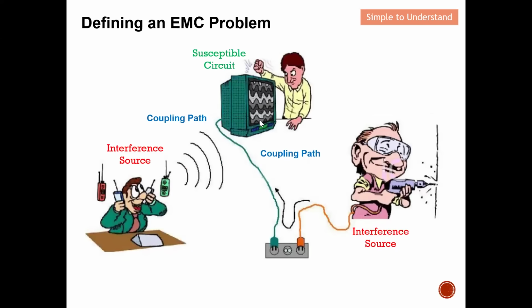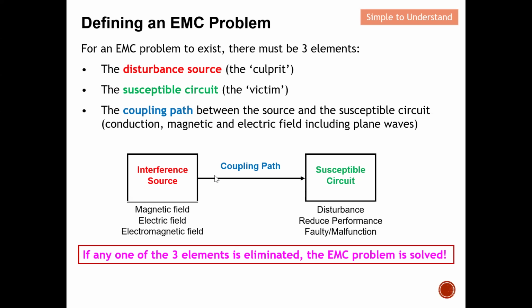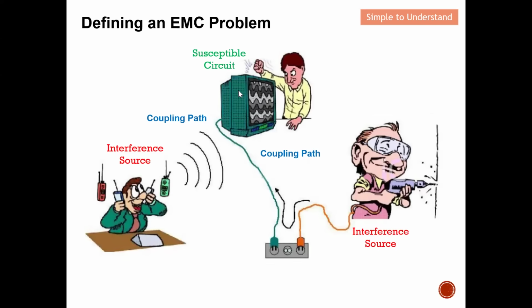Okay, so basically this is another diagram to relate what we have discussed over here. Let me just highlight the source, the victim, and the coupling path. So this is the victim, the source of noise 1, and the source of noise 2. Basically, you can see from here, this guy is doing drilling. You can imagine that there will be a lot of noise generated from the drilling machine. You can see over here, they share the same power supply. Therefore, the noise couples over to the power supply that is used by the victim, and therefore you actually see the line on your TV.